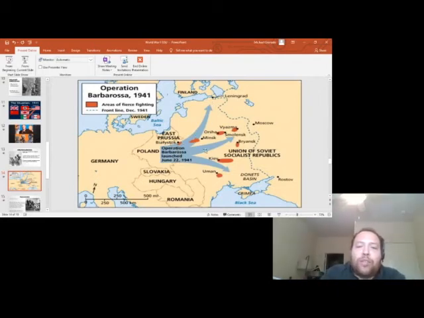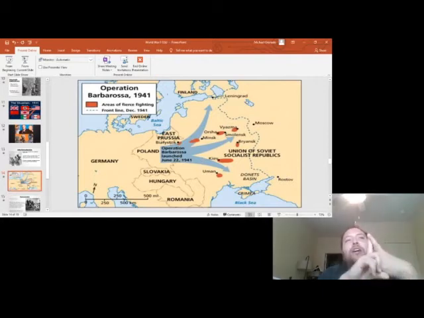It'll kind of move in these three fronts. But the only thing that's really rapid about the attack on the Soviets is the German tank regiments. I should qualify all this by saying I'm not a military historian, and there are way better explanations of this that I'll post here in the chat. But most of the German army in Barbarossa, because of the terrain, because of the size, will be moving by foot. German soldiers will be moving by foot, trying to capture key checkpoints.